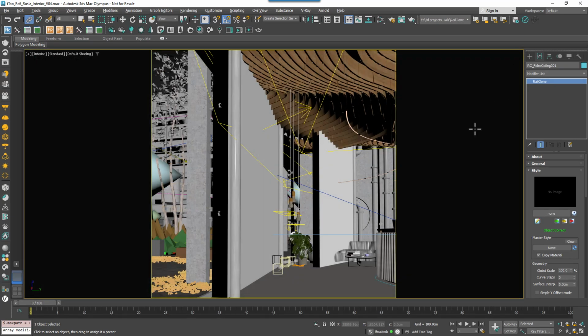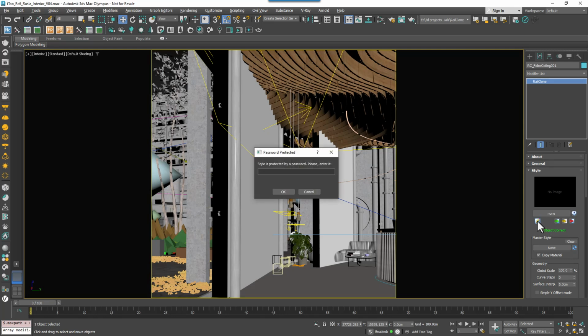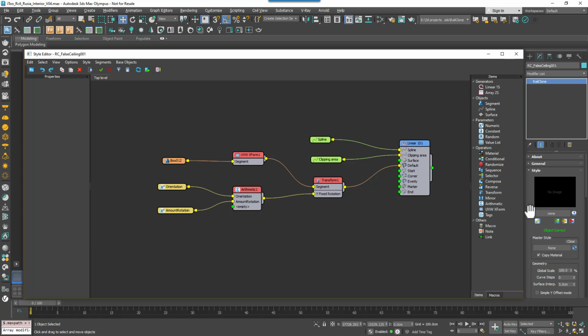Close the style editor, and now anyone who wants to make changes to this style will need to enter the password first. If you've added a password in the past and you'd like to remove it, then just go up